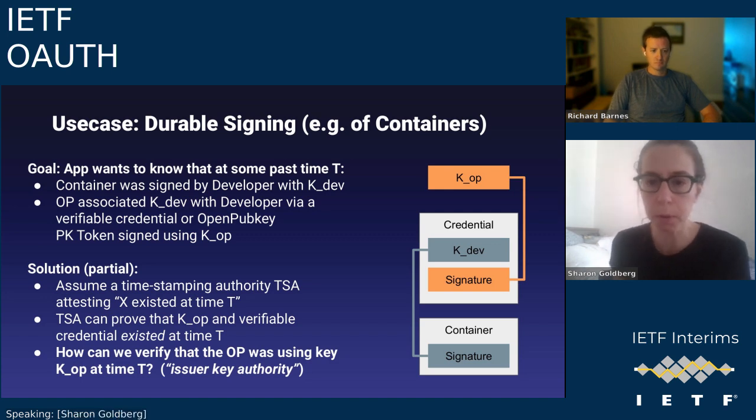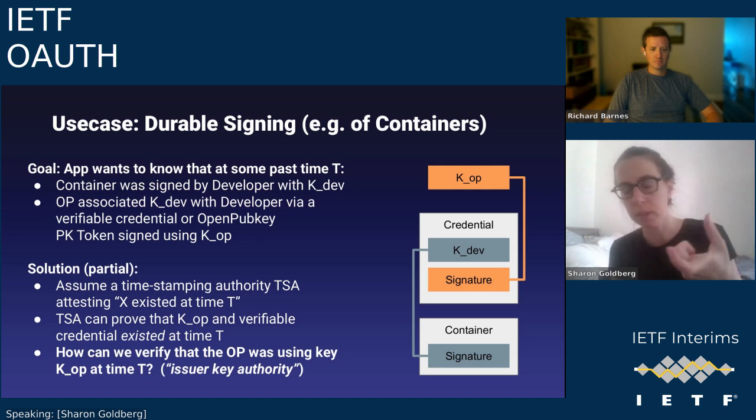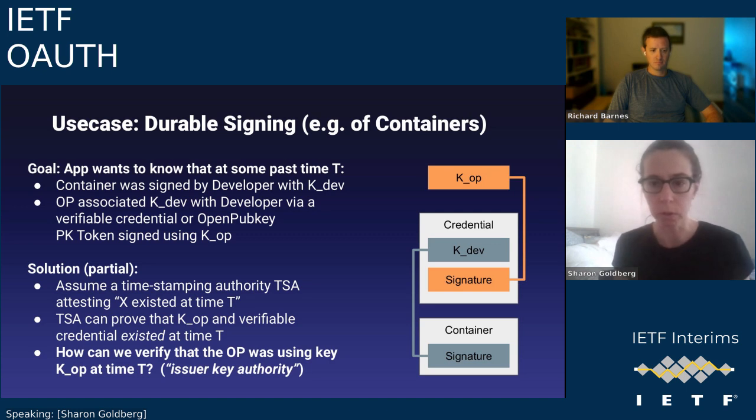So it's sort of two properties. What Richard mentioned was the redistributability and the caching, so the ability to cache the key and just redistribute it in an application, so you're not dependent on the latency of the OP in a sensitive application. And in this case, it's actually having the credential and being able to look at it at some different time in the future and know that that was what the credential was at that particular time.